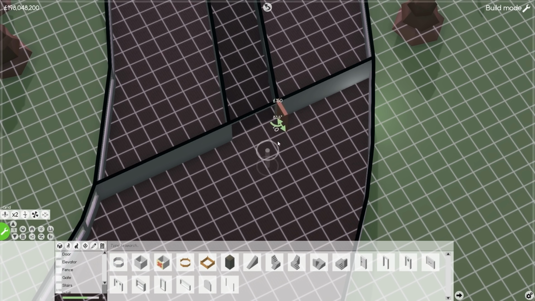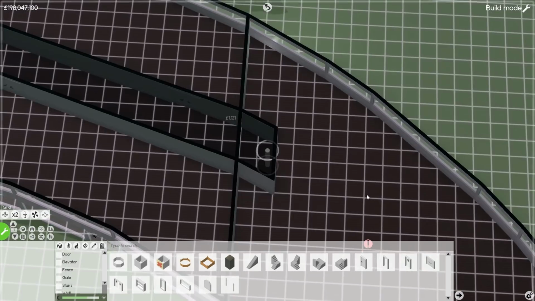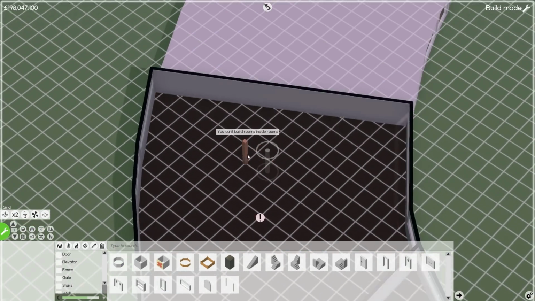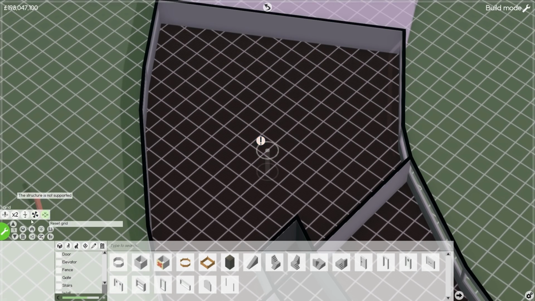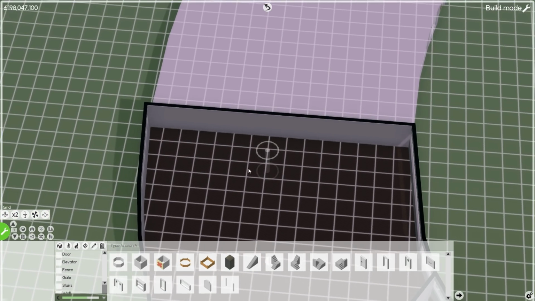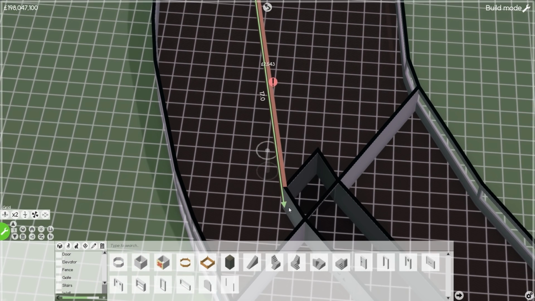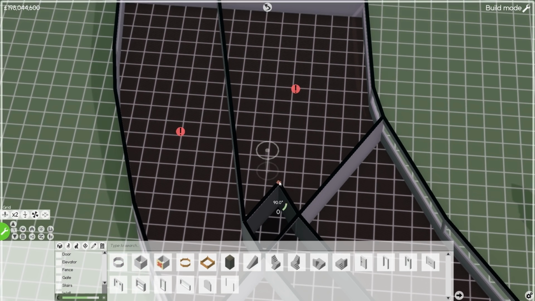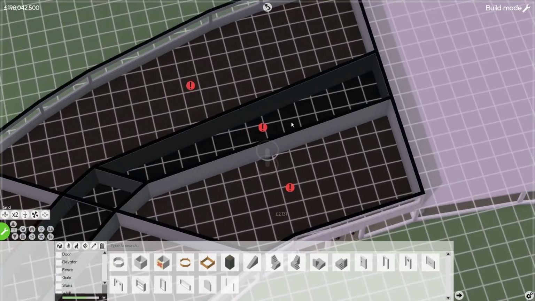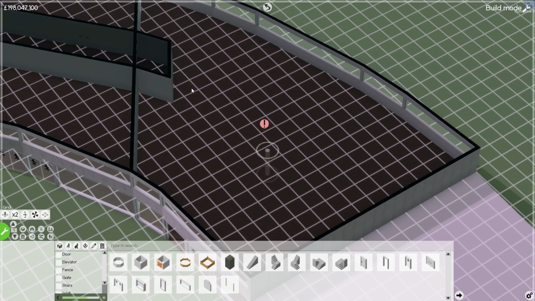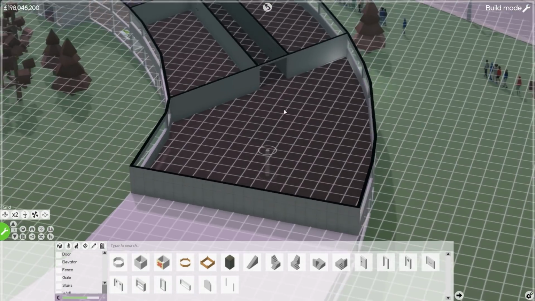So what we could do is go something like this, which would give us a little bit of room to turn, I suppose. And then maybe this could line up to the wall down here. So something like this right here and this right here. Although it does, again, just get a little bit weird. You know what? I think we'll come back to that. I don't think it's an urgent thing. I don't think it's a priority.